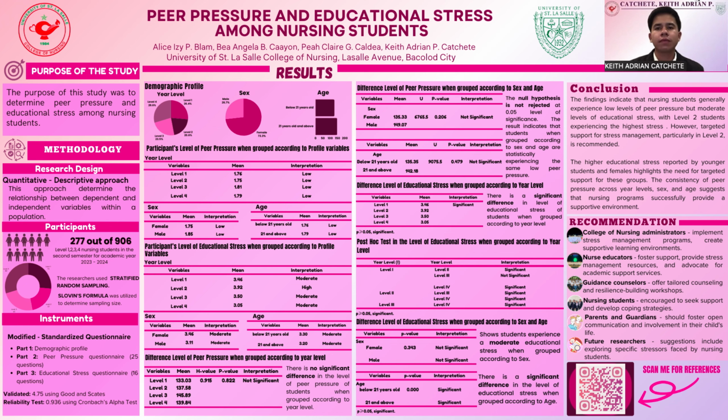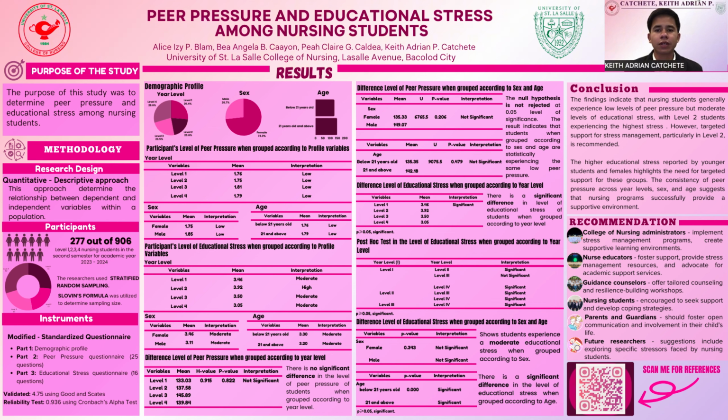2021. For the different level of peer pressure when grouped according to sex and age, Table 12 shows that there is no significant difference in the level of peer pressure of students when grouped according to sex. Therefore, the null hypothesis is not rejected at 0.05 level of significance. The result indicates that students when grouped according to sex and age are statistically experiencing the same low level of